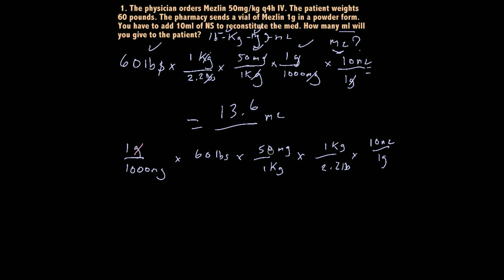Grams on top here, grams on bottom there. I've got milligrams here, milligrams here. I've got kilograms here, kilograms here. I've got pounds on the bottom here, and remember, because this is always assumed to be over 1, I have pounds on top there. So I'm left with a final answer of milliliters. This is going to equal blank